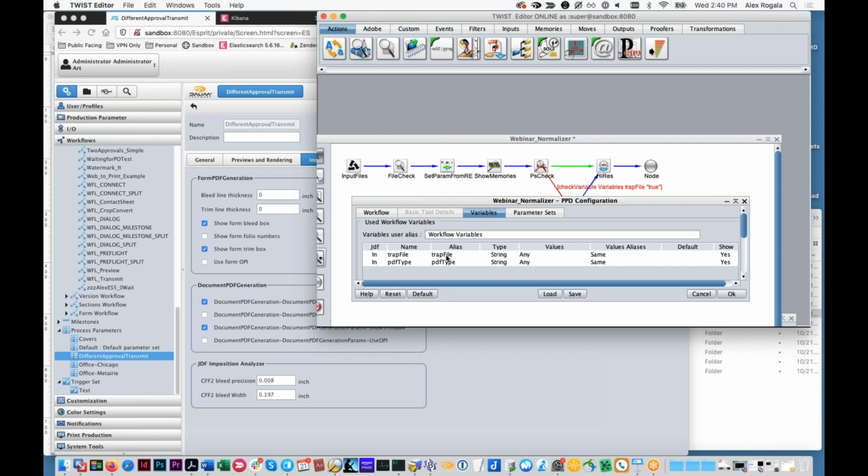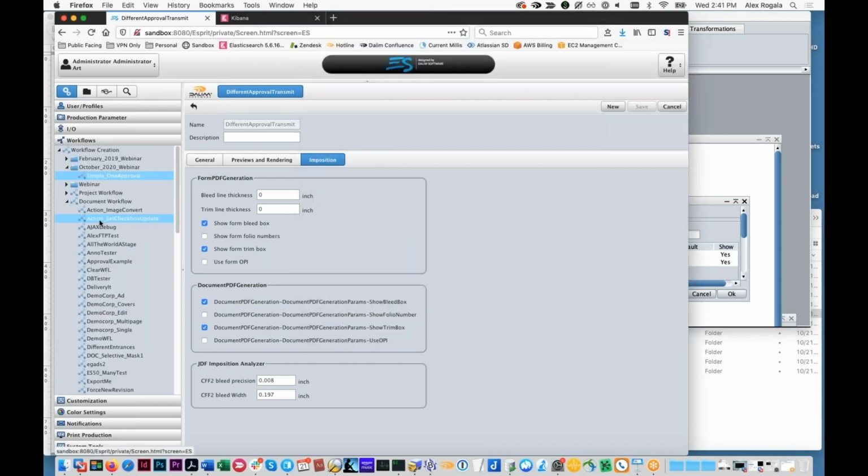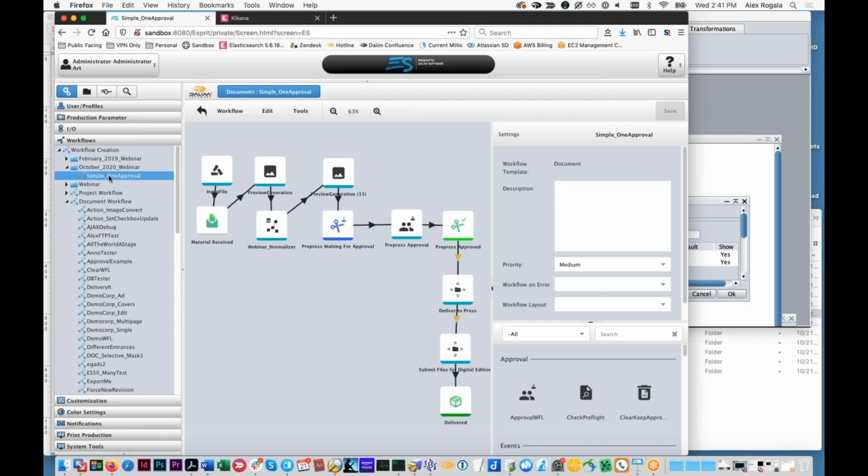This is basically Twist saying it's looking for variables from whatever it's interacting with, whether that's WebLink or ES or Mistral back in the day. This is Twist's way of saying here's the variables I'm looking for from the workflow in ES,